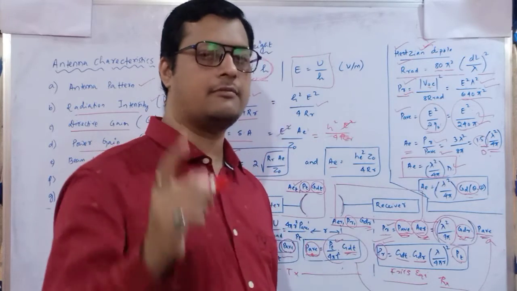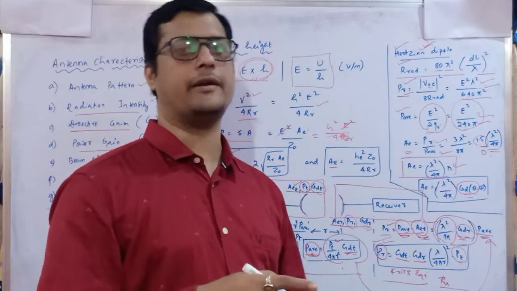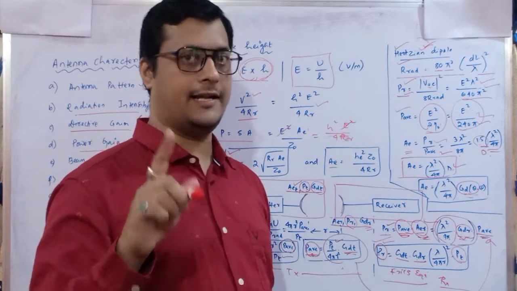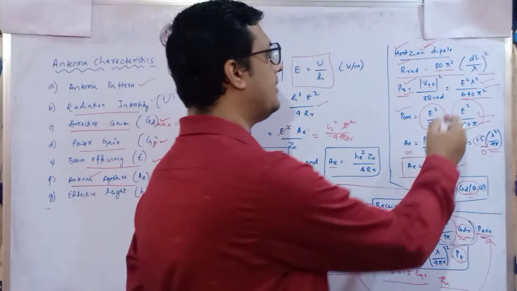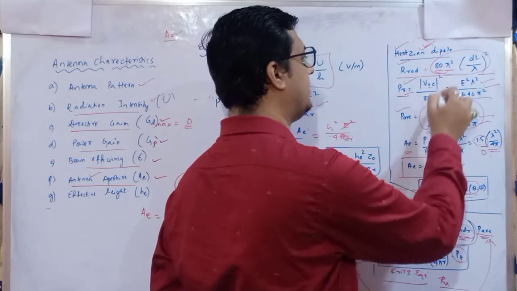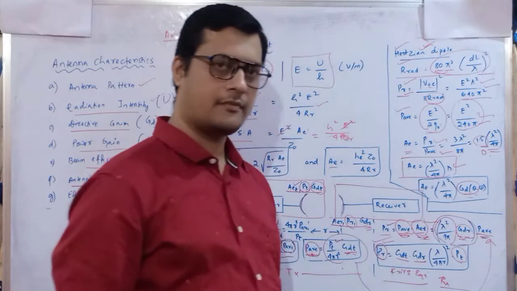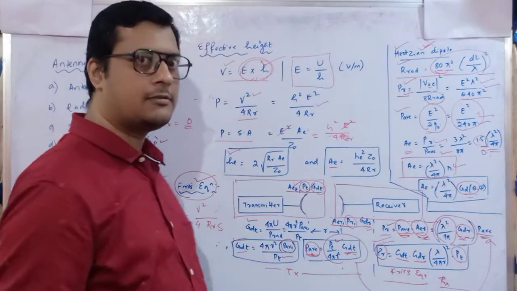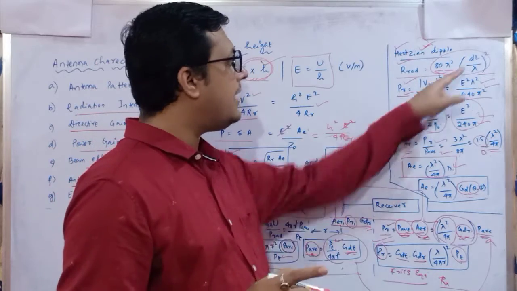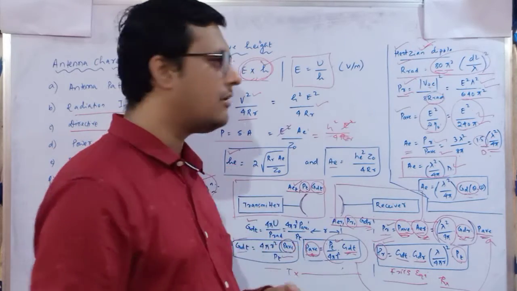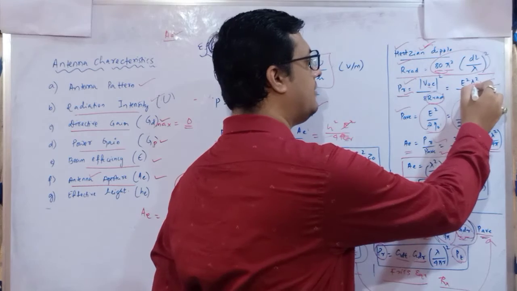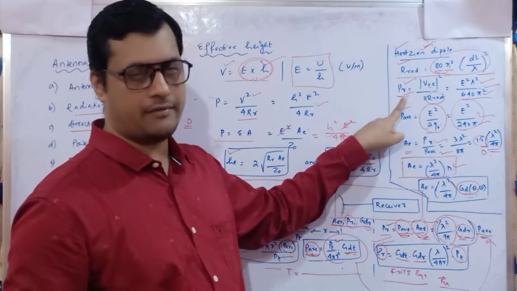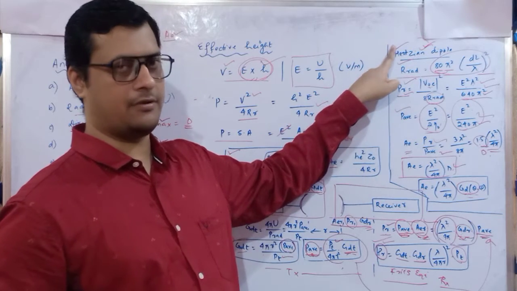Now if you want to calculate this effective area, we can see the received power is the average power, that is V square divided by 4R, divided by 2. So it is V square divided by 8R. What is R? Radiation resistance. So in place of radiation resistance, substitute the value, and in place of VOC, we substitute E into H. H is nothing but a length, so that length will be cancelled out. We will get E square into lambda square divided by 640 pi square. So that is the received power I am getting with respect to the Hertzian dipole.